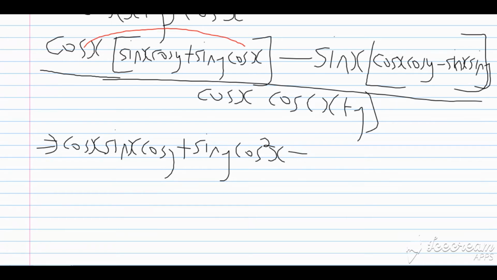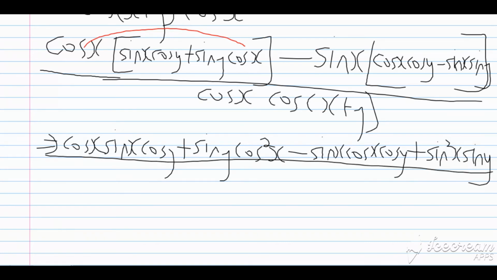All right, let us look at my second bracket. When sine x multiplies all of that term, I'm going to have sine x cos y, plus, paying keen attention to the signs there. But when sine x multiplies sine x sine y, that becomes sine squared x sine y. And all of this goes back over my LCM, which is cos x